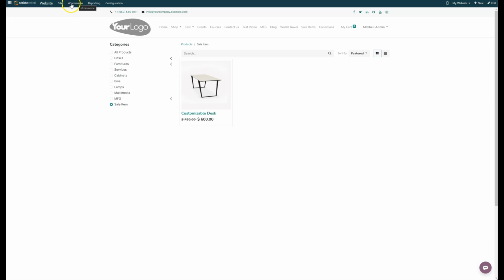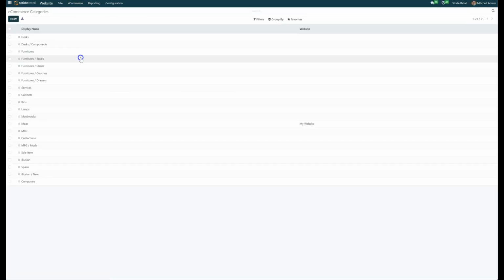To do that, you can go to the e-commerce tab in the menu, come down here to e-commerce categories. If you're in the back office, it's not through the web editor. It's typically under the configuration settings. But you can see here I've got my desk, furniture, services, and everything's just all over the place. So you can do some bulk manipulation,